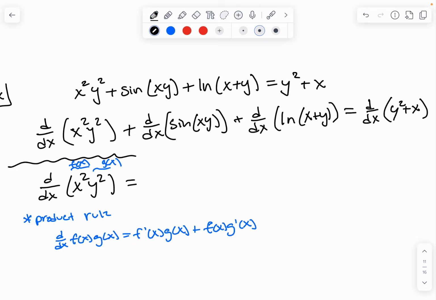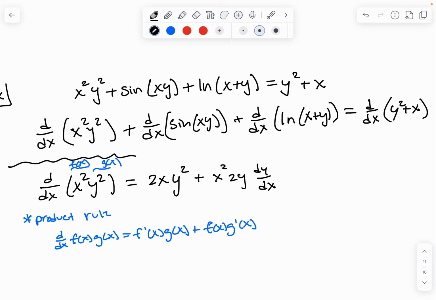So let's go ahead and expand this. We have f prime of x, which is the derivative of x squared, so 2x times y squared, plus our f of x, which is just x squared, times our g prime of x. G of x is just y squared, so we have 2y dy